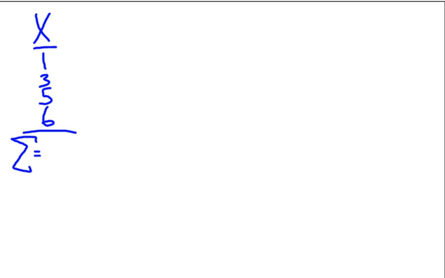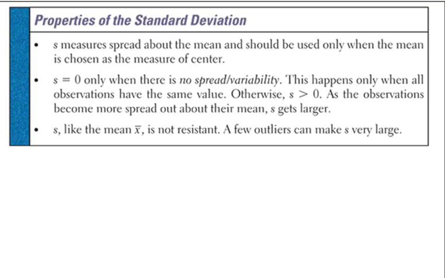Just to get you started, add up all the numbers, identify how many numbers there are, divide those first two to find x bar, which is the mean, and then follow the example to get all the way to the variance and the standard deviation. Know the words. Okay, I now want to take you through some properties of the standard deviation, and these are